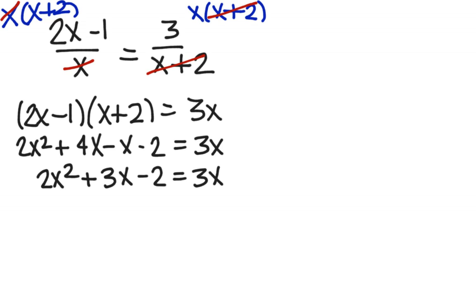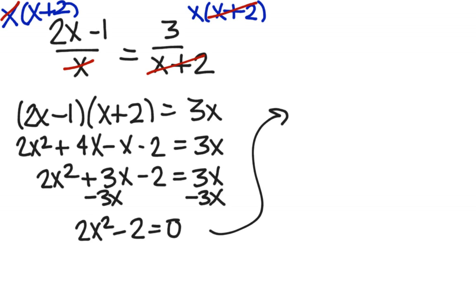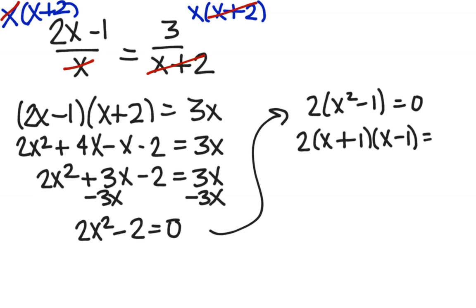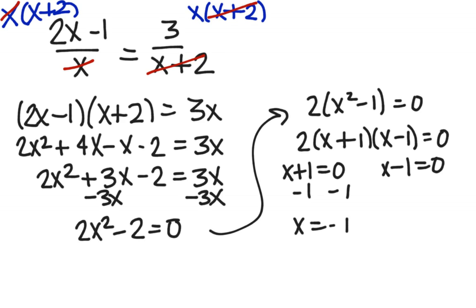Because this is quadratic, since I have 2x squared, I'm going to get it equal to 0 and solve. We're going to subtract 3x from each side. So I have 2x squared minus 2 equals 0. The first thing I notice is that both terms have 2 in them. So if I factor out that 2, we have 2 times the quantity x squared minus 1 equals 0. I can factor x squared minus 1, that's x plus 1 and x minus 1. If I set 2 equal to 0, it doesn't make sense. Set the x plus 1 equal to 0, set the x minus 1 equal to 0, subtract 1 from each side,